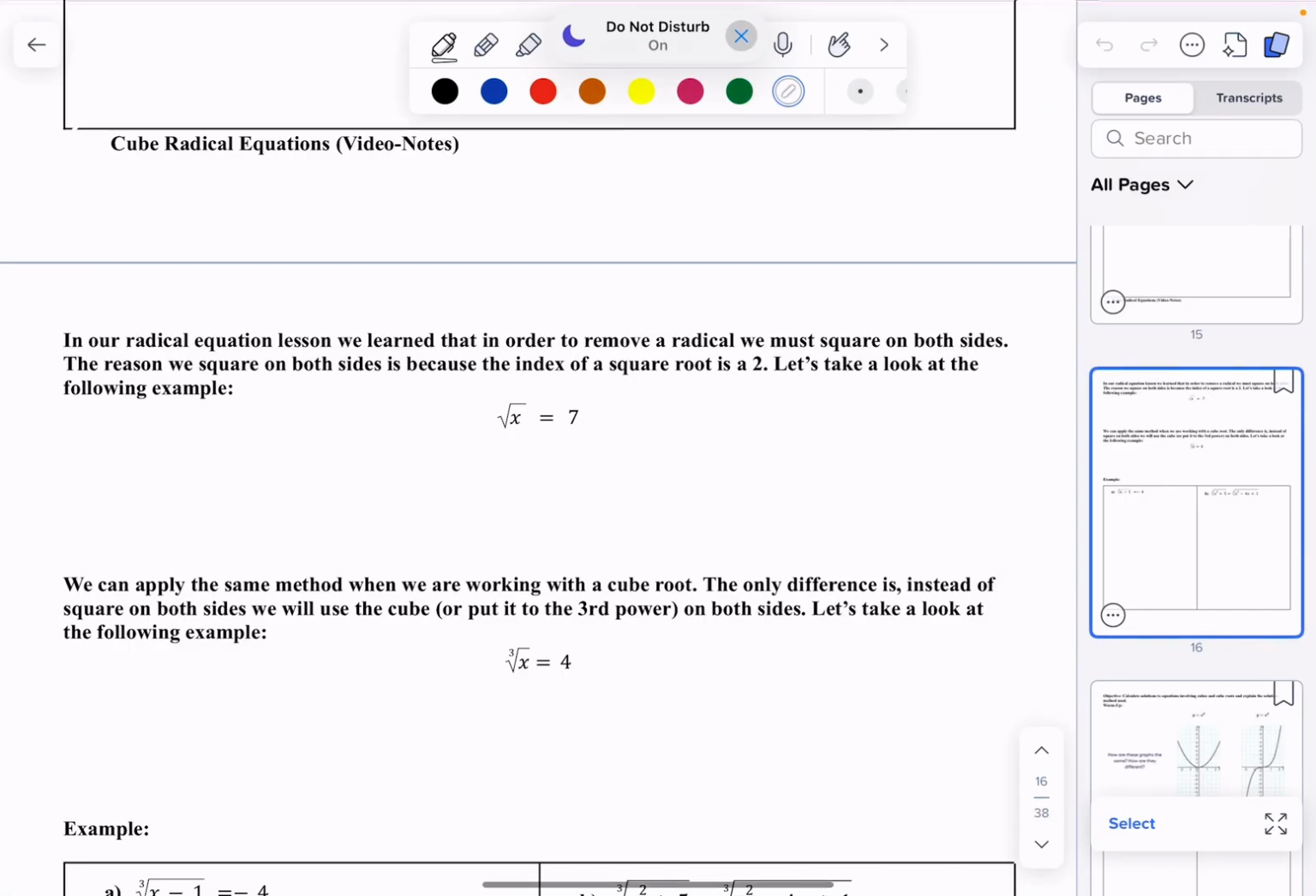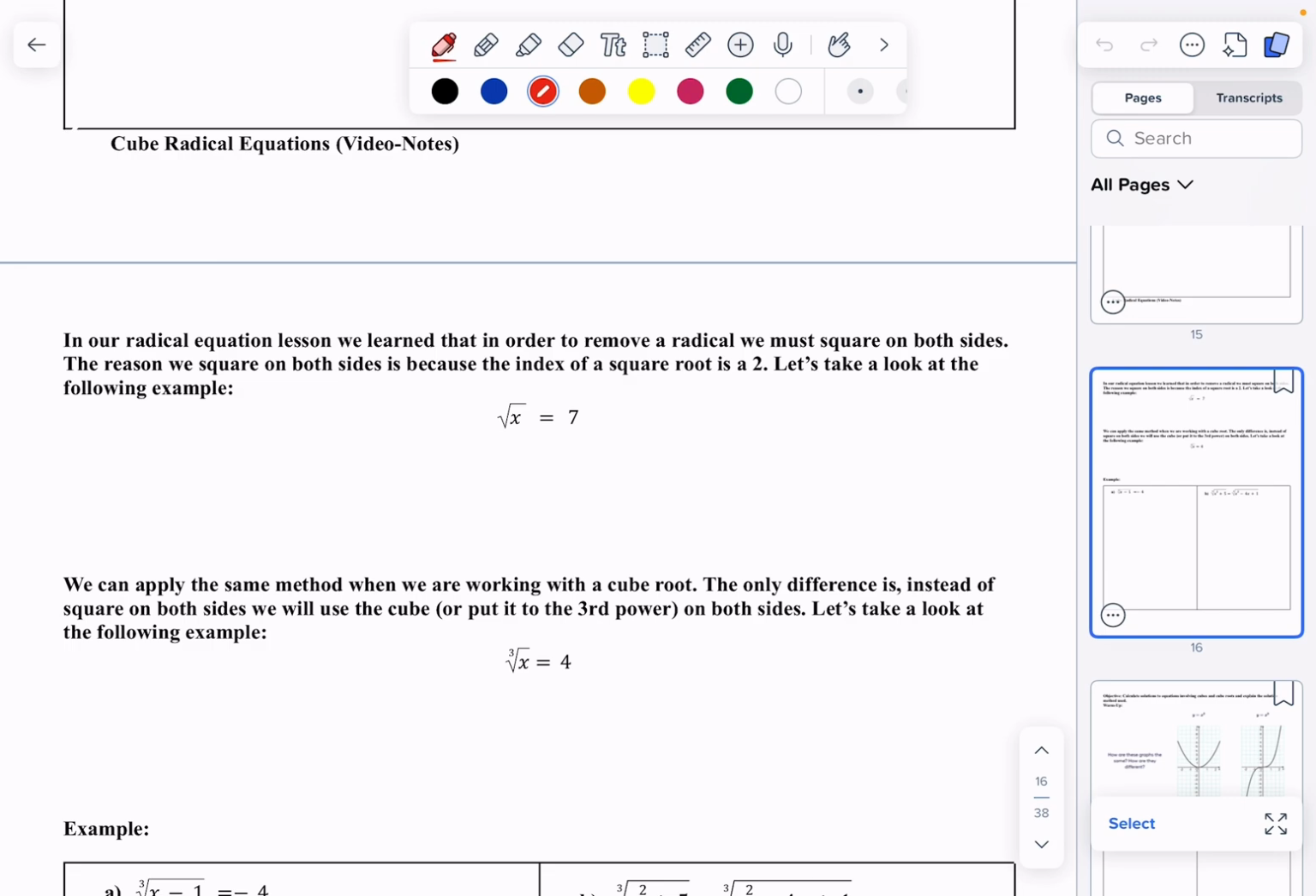Hello everyone. Today we are going to go over cube radical equations. In the previous lesson we learned about radical equations in general, but in this one we're going to learn about cubic radical equations. In our radical equation lesson, we learned that in order to remove a radical, we must square